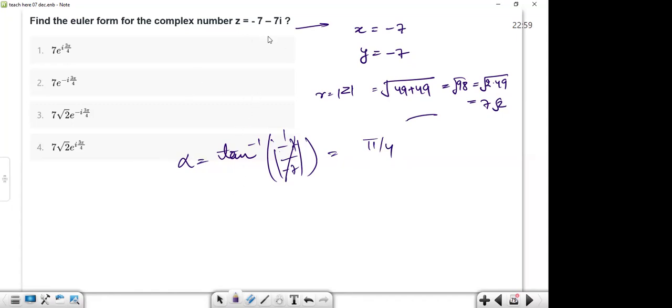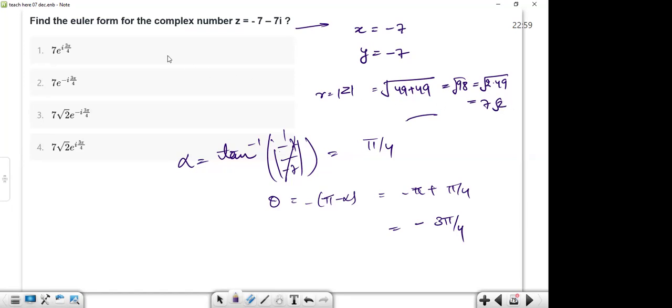So now both of the signs are negative. So that happens in which quadrant? Third quadrant. For third quadrant, we use this formula. So minus of pi plus alpha. Alpha is pi by 4. So that becomes minus 3 pi by 4. So this is the argument and